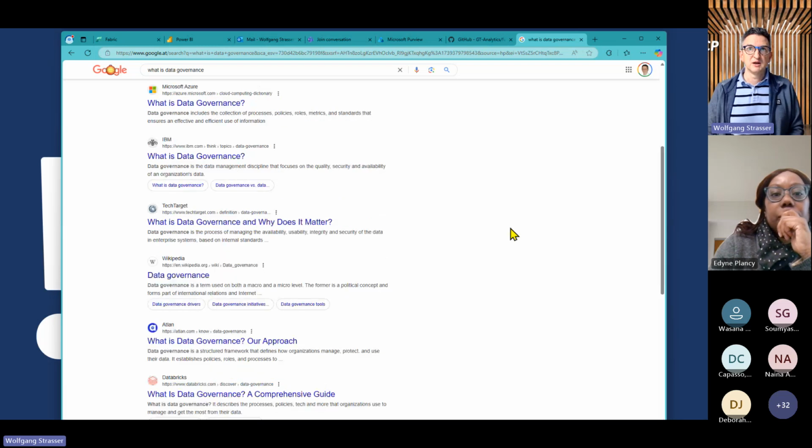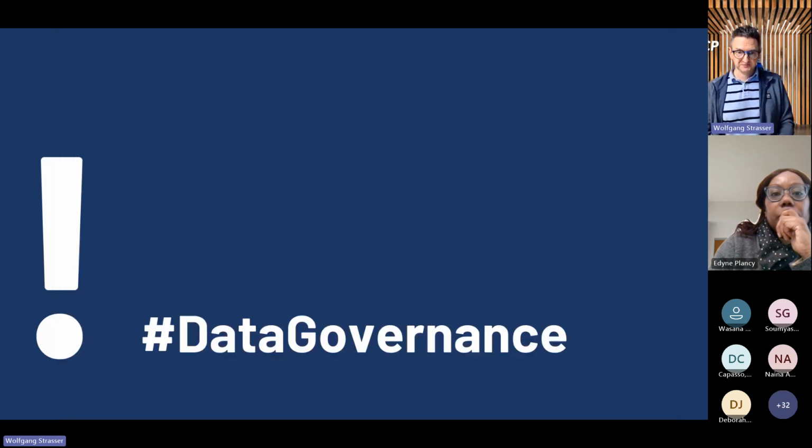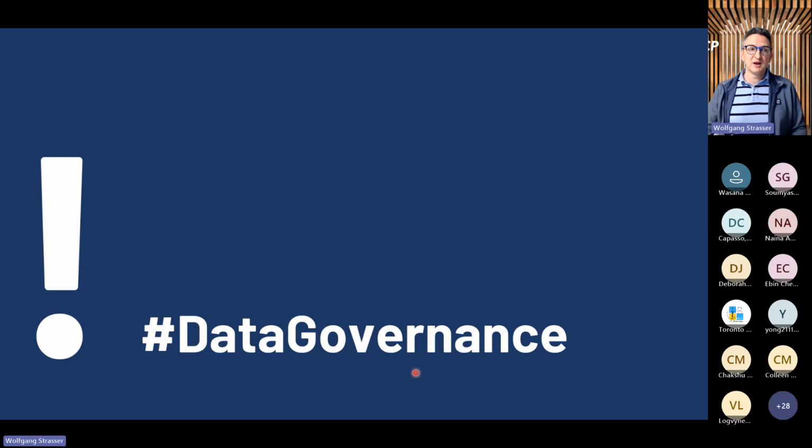Usually at our customer workshops, whenever I ask the people in the room, let's say 5 people, I get 7 different definitions of data governance. So every person has a different understanding of data governance. I could talk about the different definitions, what is included in data governance, what the main pillars are, for a day, a week, and so on.